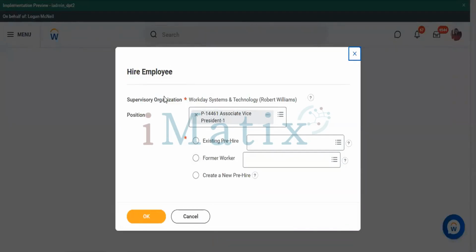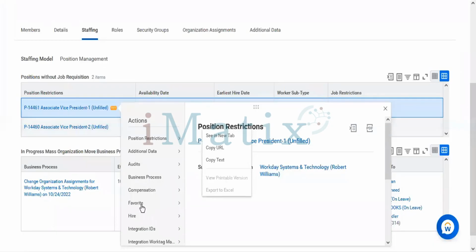When you see this task with options like exit pre-hired former worker and create new pre-hired, these are the default options. When you see these options under hire employee, it means this is the actual task that you need to hire an employee. But if I go to, let's say, the very first one,